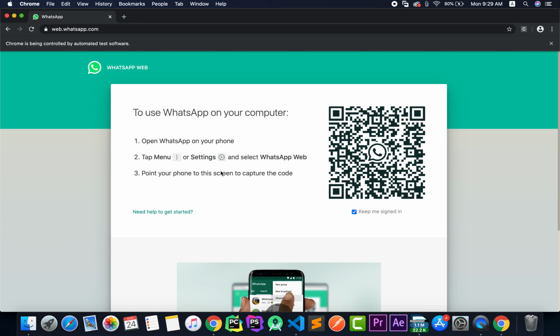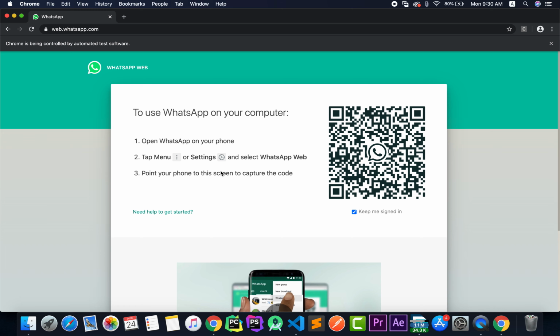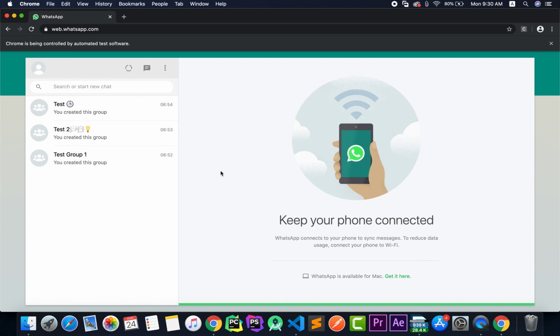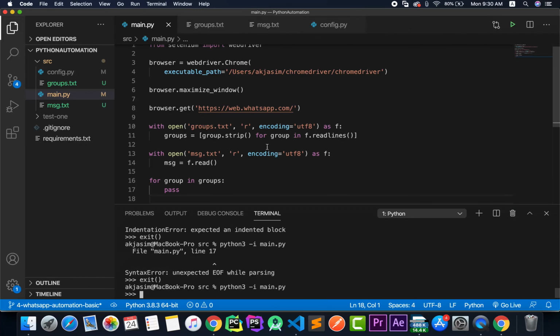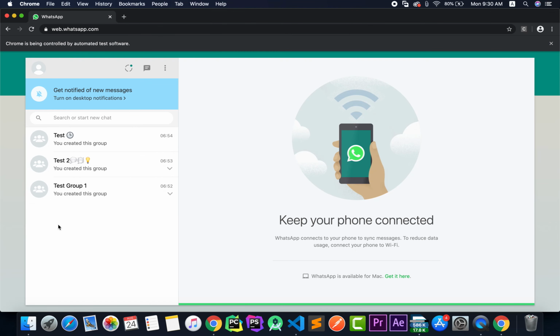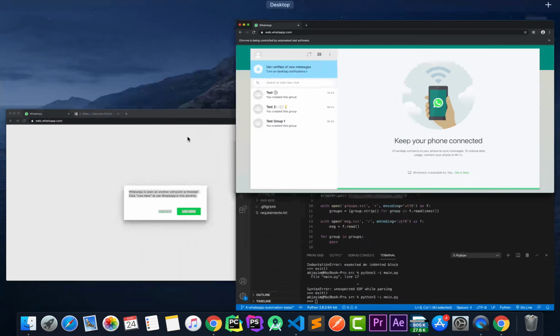So I'll quickly scan this and show you what exactly we are going to be implementing. Just a matter of seconds, I'll quickly do that, and yeah, we are into the account. Now the problem with this one is we just went to web.whatsapp.com, and now we need to scan that QR code, right? So we don't know exactly how much time it will take to actually load this page. To complete the entire process of scanning the QR code and stuff like that, we don't know how much